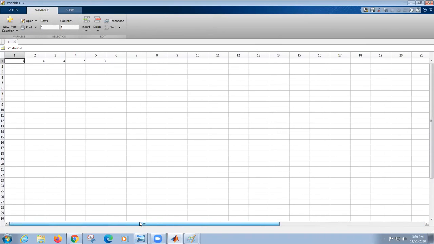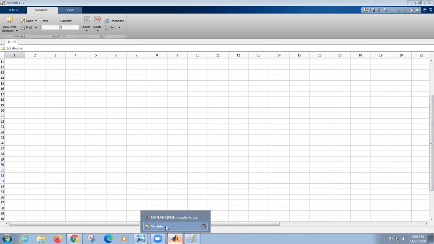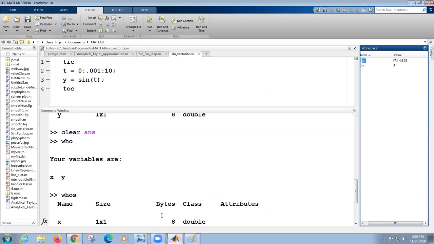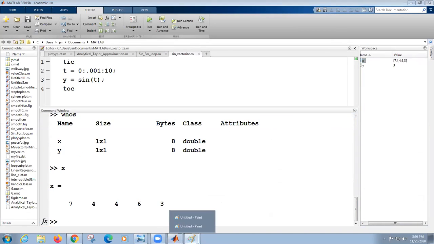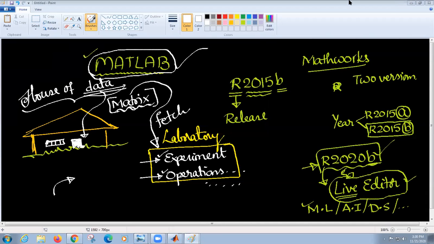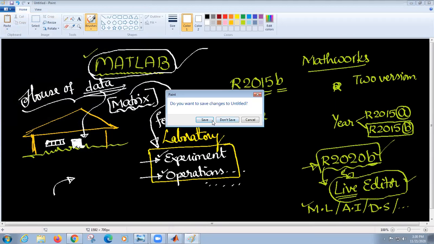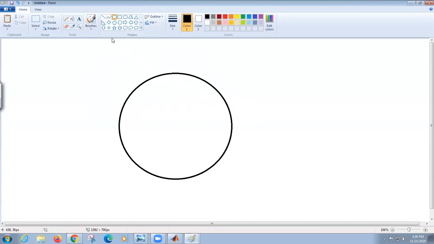Are you able to understand this? See, this is the beauty here. You can give, that means by default in MATLAB, everything is a matrix. Every variable is also a matrix. So more than a matrix, you can say an array. It's very good to say an array rather than a matrix always. For example, I have this, this is my circle set. Let me take one small circle.